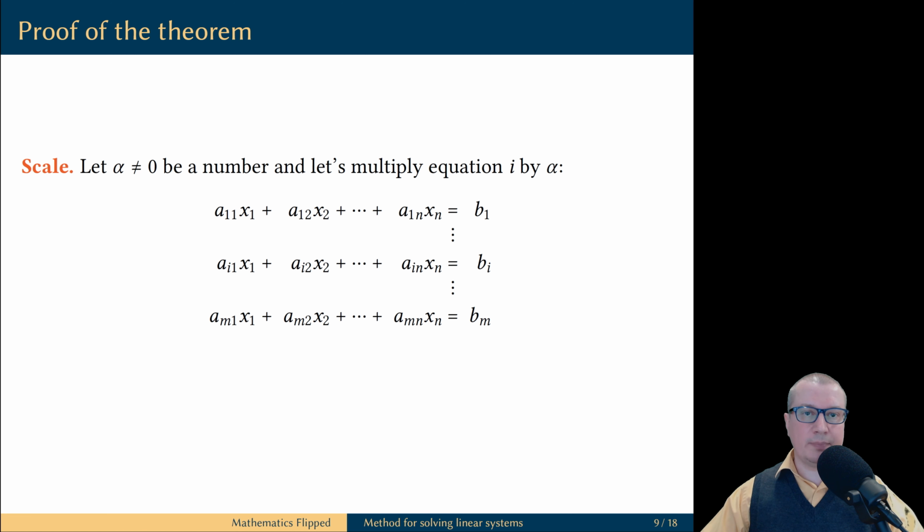Now let's look at the scale operation. So we have a generic linear system with m equations and n variables, and let's suppose that we take equation number i and we multiply that equation by alpha. Moreover, alpha has to be a non-zero quantity. What you see right now is the original linear system, and this is what a transformed system looks like. Observe, only one equation was changed. Only equation number i now looks different. All other equations in the original and the transformed system are the same.